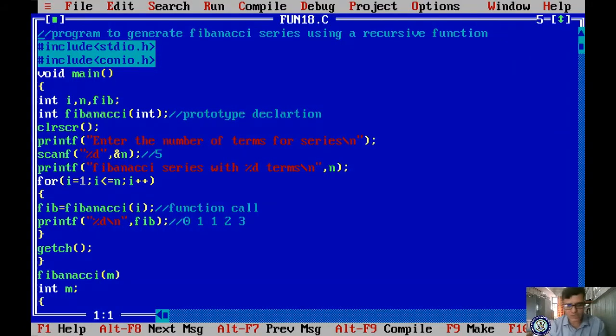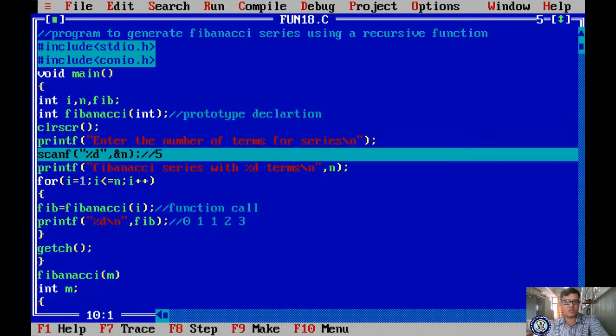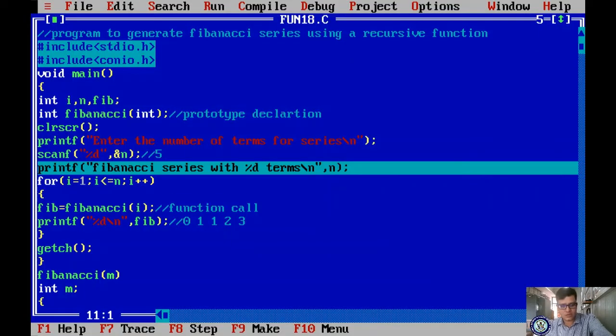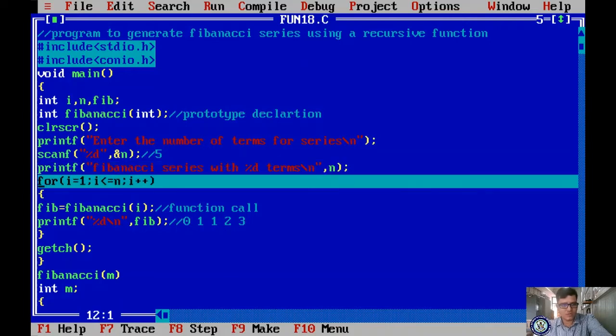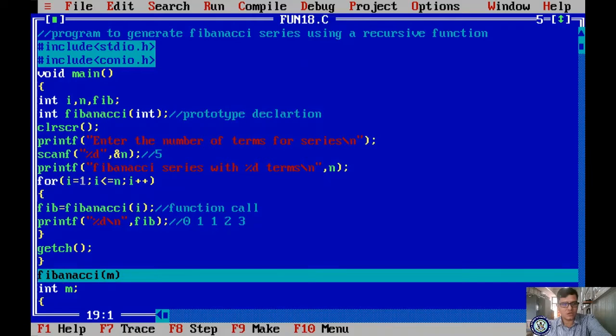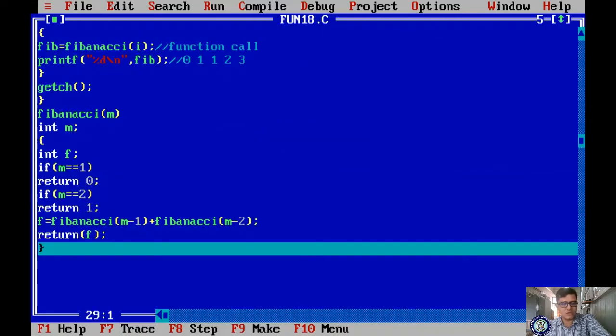And let us check, I will show how the sequence of the program will run. So it starts at the main function. It is asking up to n terms. I am entering only 5. If you want 6, or let me give it as 10, up to 10 series. Okay, now let us see. I am pressing F7. It is the first time it is entering into the loop. It is calling the function. It comes to the function body, and second it checks. The condition is false, right?